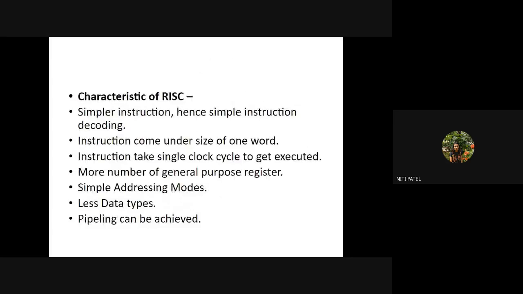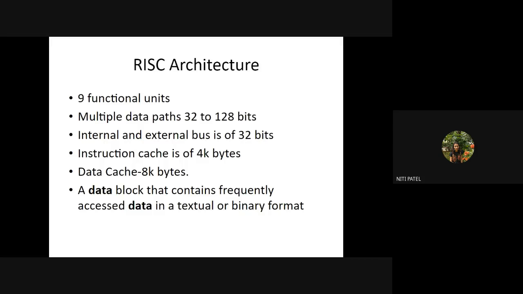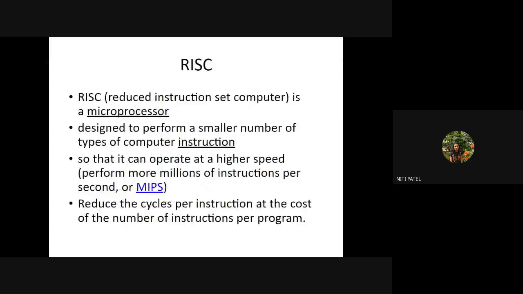So the R in RISC stands for reduced and the C in CISC stands for complex. Okay. Now what does RISC say? It is designed to perform a small number of instructions. If I have small instructions for execution, which processor will I use to execute those smaller instructions? I will use a RISC processor.